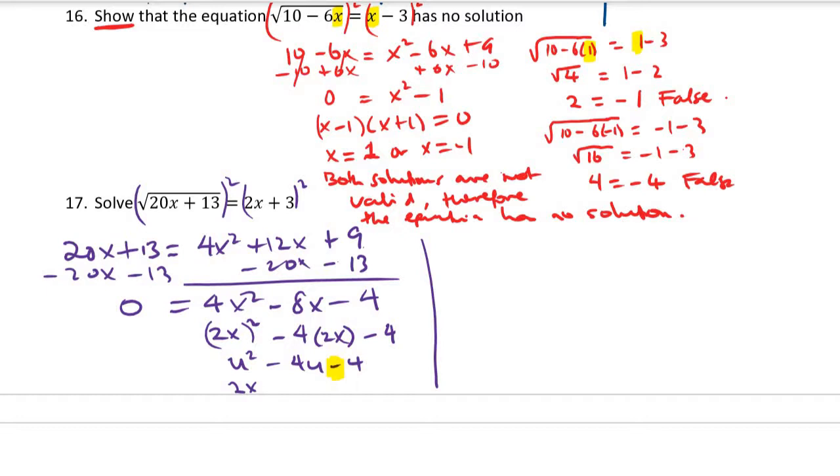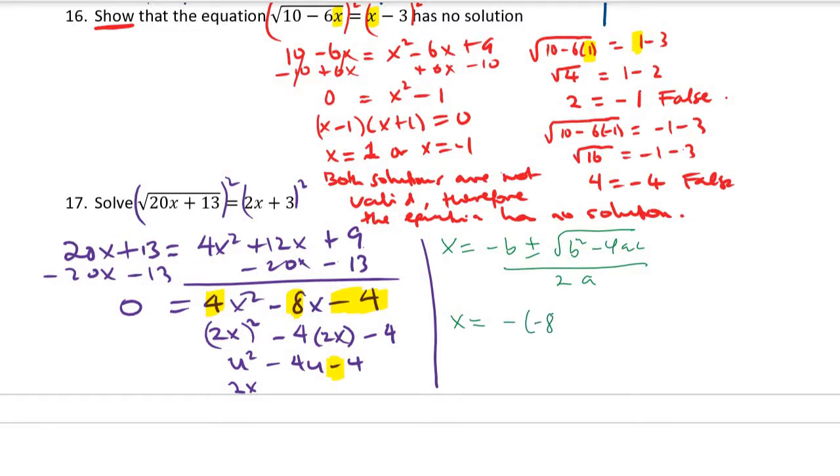So we're going to go back here. Our A is going to be 4, our B is 8, our C is negative 4. So let's plug it in. The formula says that x equals negative B plus or minus the square root of B squared minus 4AC, all over 2A. So x equals